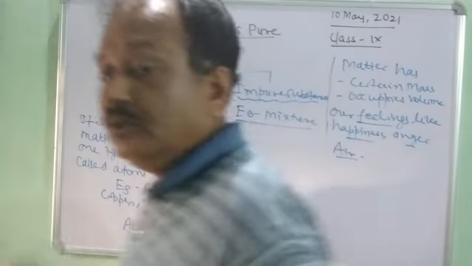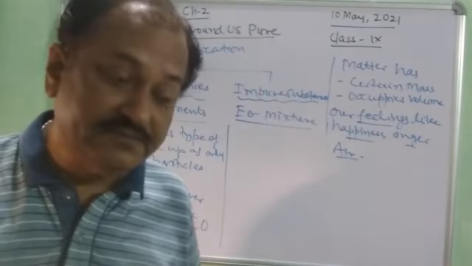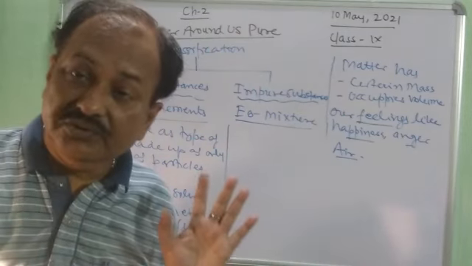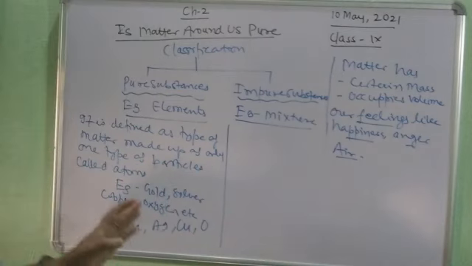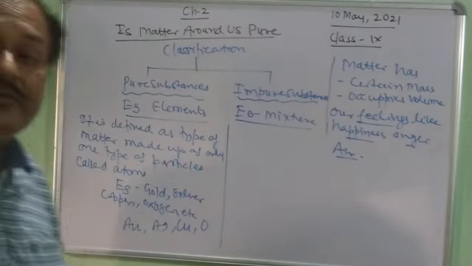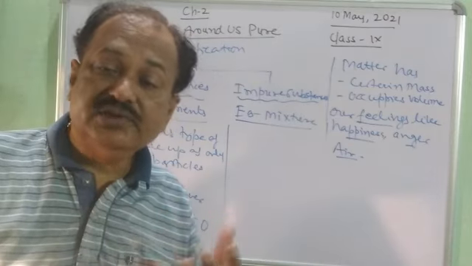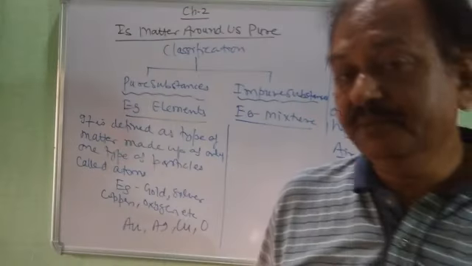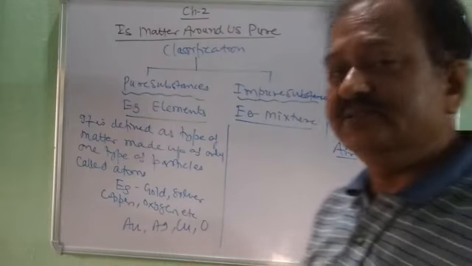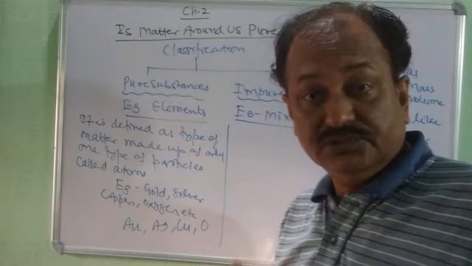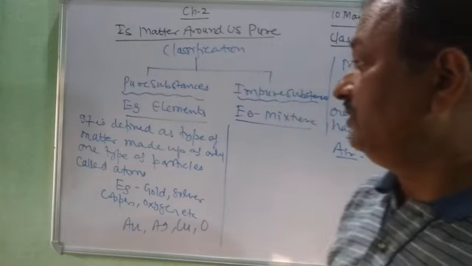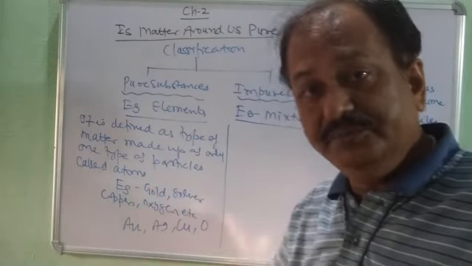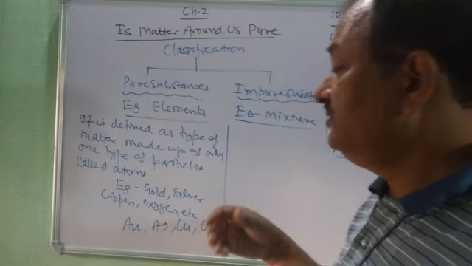So when we talk of an element, we are talking about pure substances. And atoms are the smallest form of matter capable of having independent existence. Atoms can remain alone. This is a very important point about elements. So elements are pure substances, and when there is any impurity, it will be called a mixture.